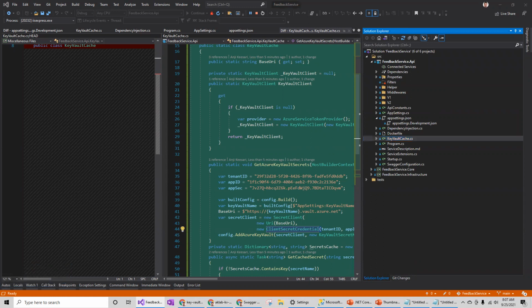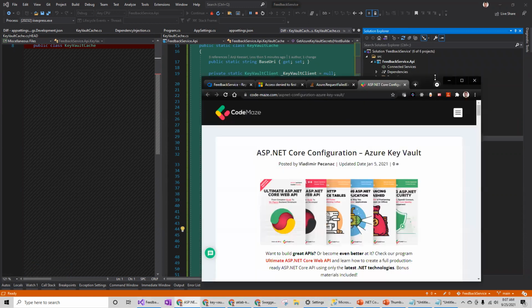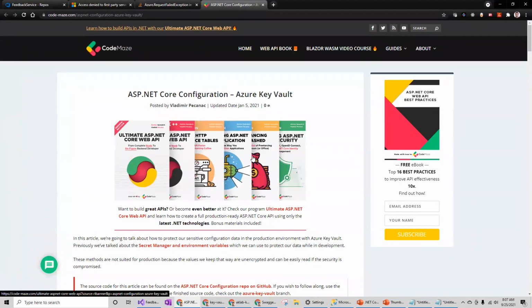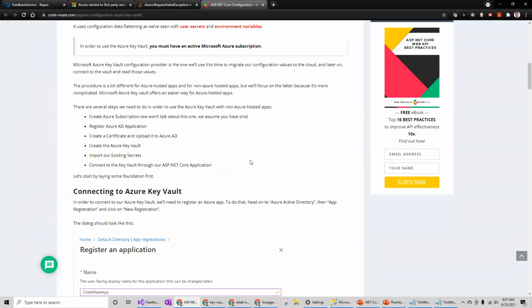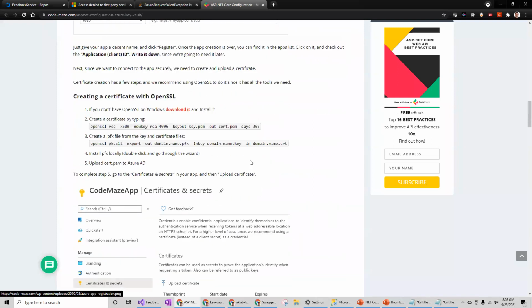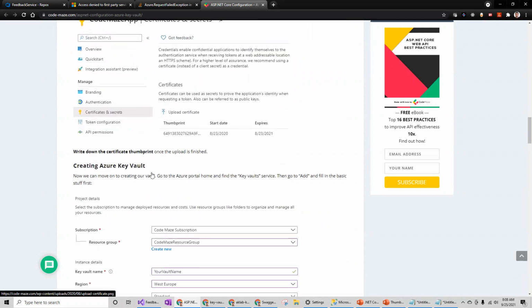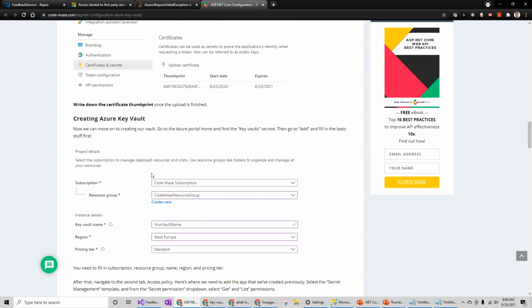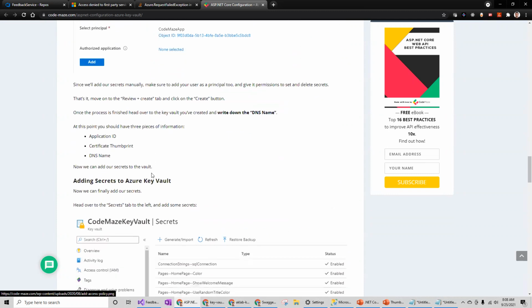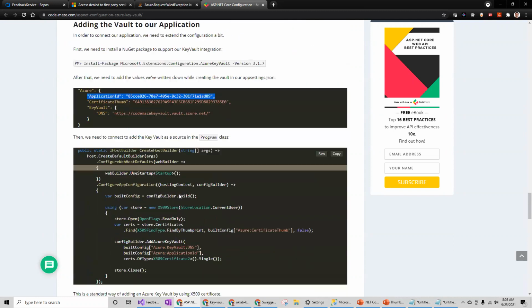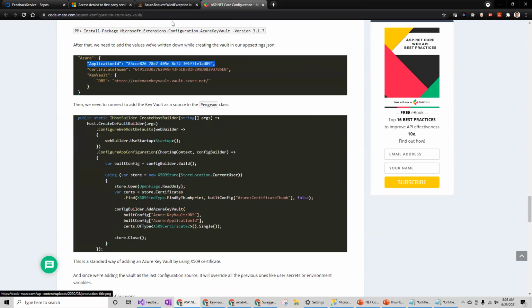Also, I was referring to a couple of articles for the Key Vault. These helped for making this video. I'm not using the certificate, all this, because as I mentioned, those client credentials are only for the local running, but on the server, we are going to use the default with the Azure managed identity. So the same steps I have followed here, a little bit different.